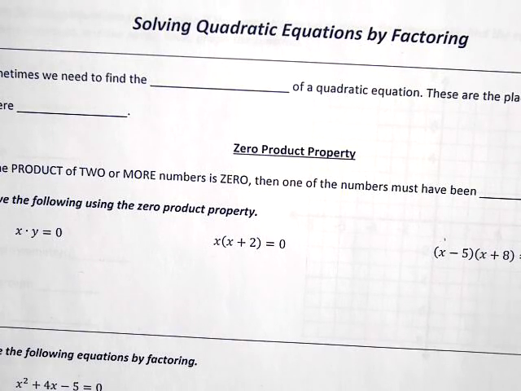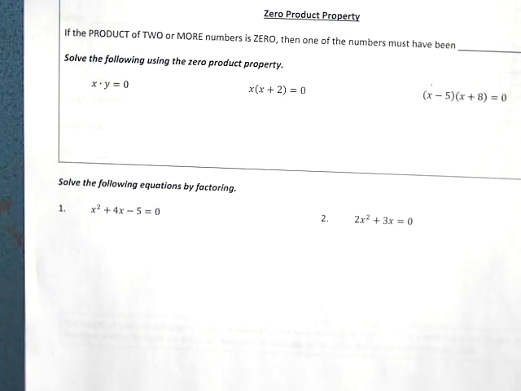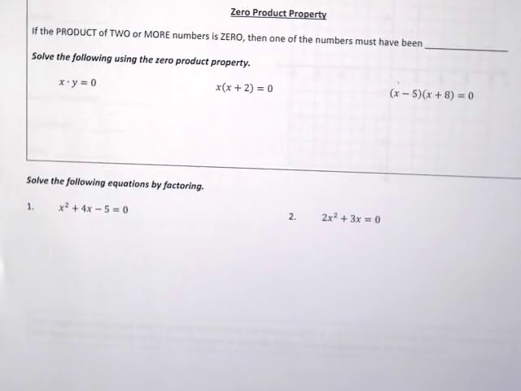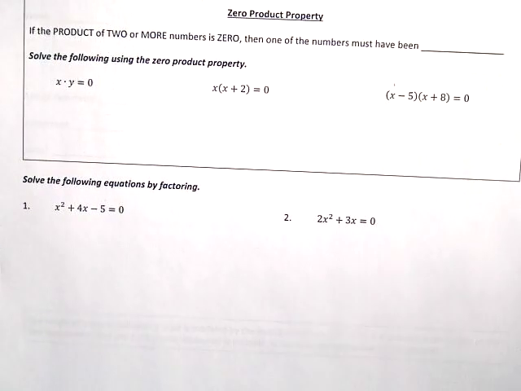Hello everybody! So in today's video for Chapter 9, we're going to start looking at ways to identify more information that we would need for a graph. And in order to do this, we need to start by talking about solving quadratic equations. So sometimes we need to find the x-intercept